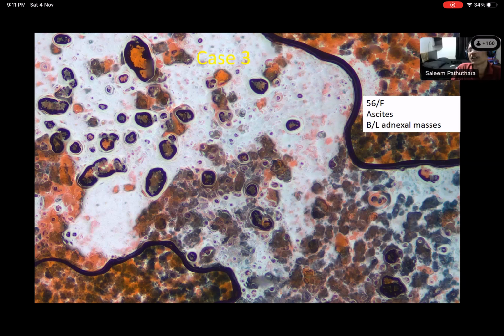Do you really think it is moderately cellular or very cellular? I think it's moderately cellular. Okay, to me it looks very hypercellular. Look at the cellularity, it is too much, too many cells everywhere. Now describe the cells. What is in the center? Prinsa, can you tell me what this area is?